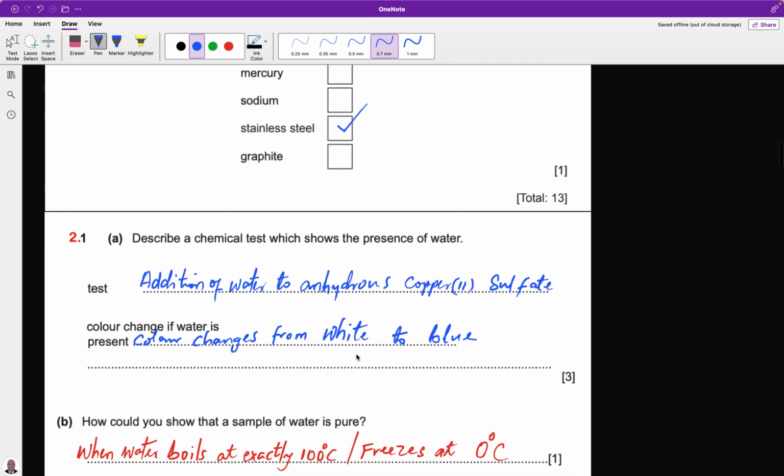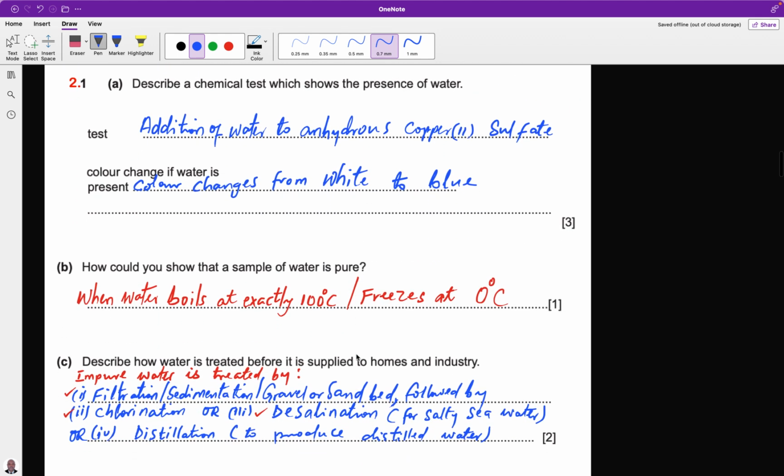Okay, let's go to question 2.1. Describe a chemical test which shows the presence of water. We are going back to a similar question. A chemical test which shows the presence of water. Now, we have to describe the test. We can now say